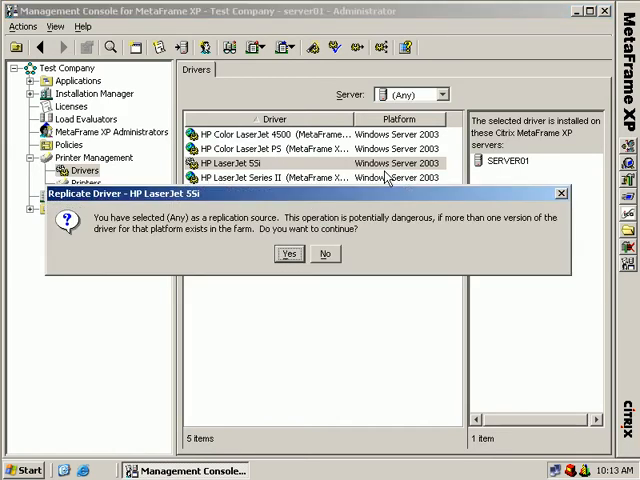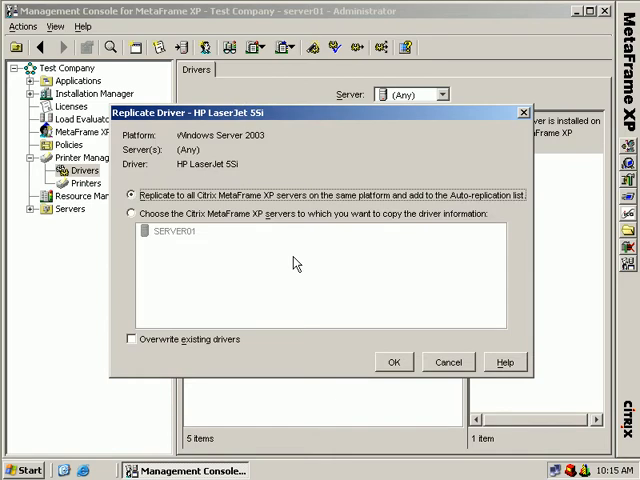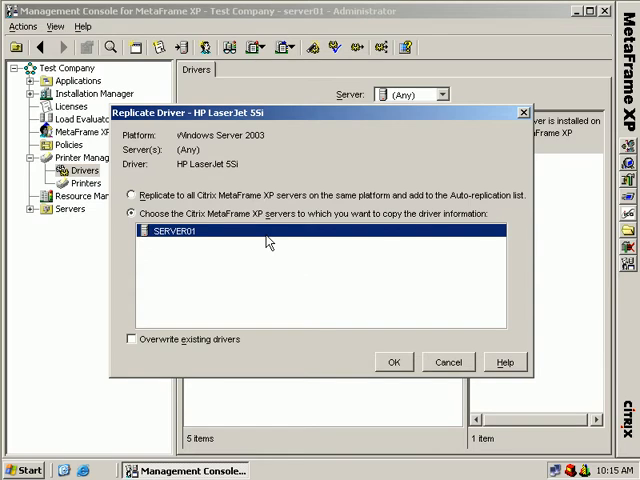Now when we click this, we actually get a message which sounds like a rather dire warning, telling us that we might have problems if we do this and it's a potentially dangerous operation, but we'll just select yes. And now we have the option of replicating this HP LaserJet 5SI driver to all of our Metaframe servers in a farm, which are currently running the same platform as this server, which is Windows Server 2003. Now this is the default option. Or we can choose to replicate just to a specific server or specific servers, and then we just select these servers from the list,